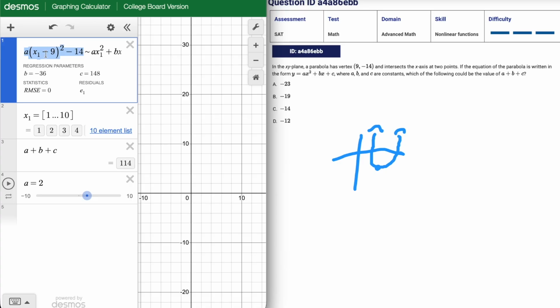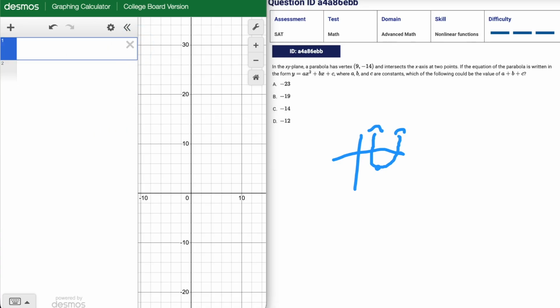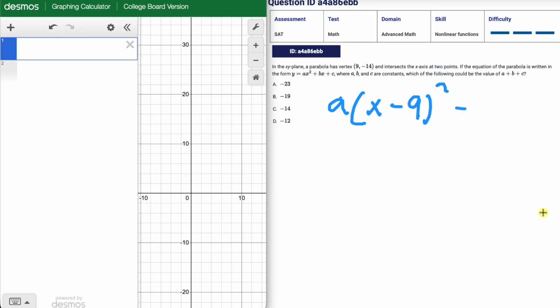you have to expand it out and then add the numbers. I'll show you what I mean. What you need to do to solve this one is actually write it out. So here: a times (x minus 9) squared minus 14. I'll expand it out, so I have to FOIL this. To FOIL it, remember you just multiply each number by each other. So it would look something like this: a times x squared minus 18x,